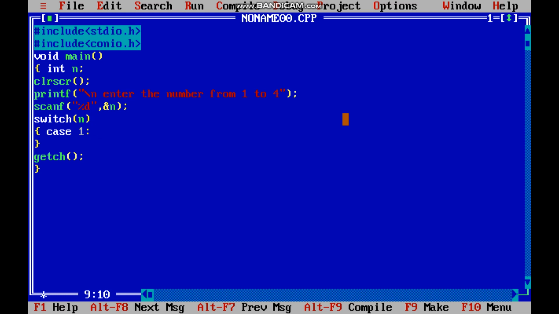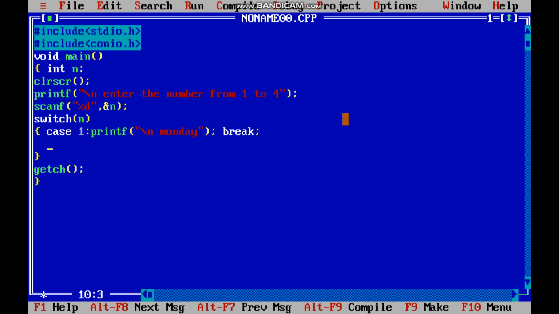So I'm just printing the message, printf("\nMonday"). Then we just have to break that condition, break.